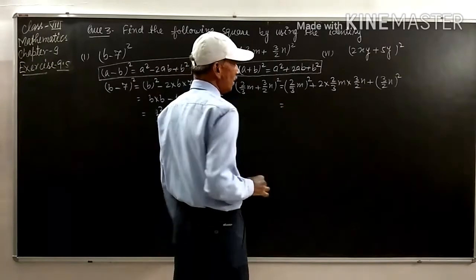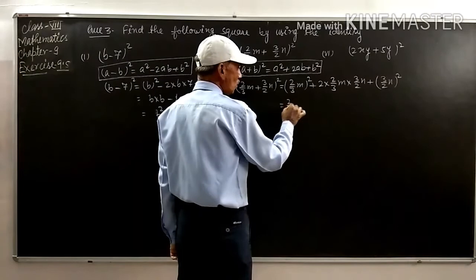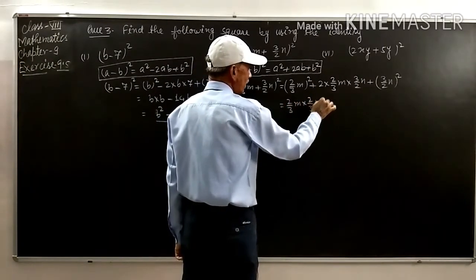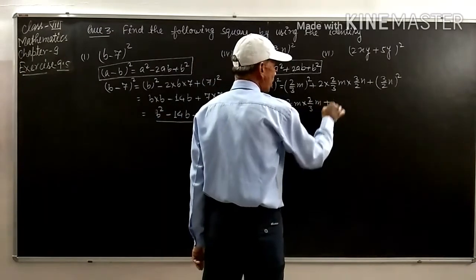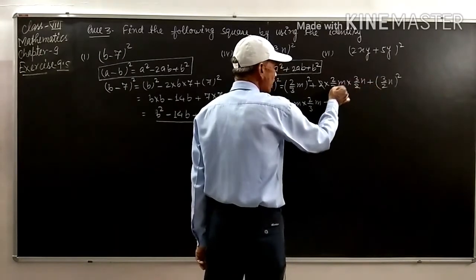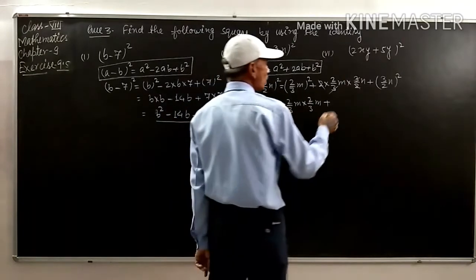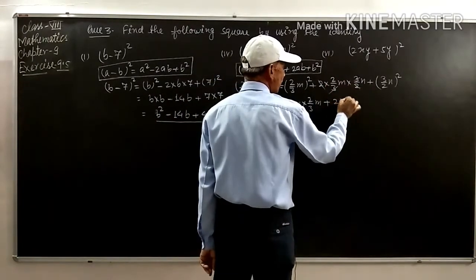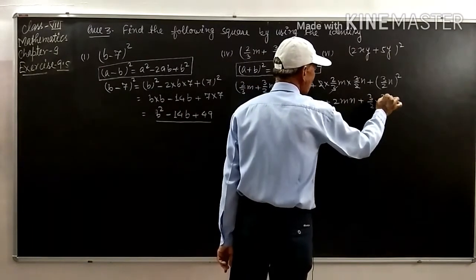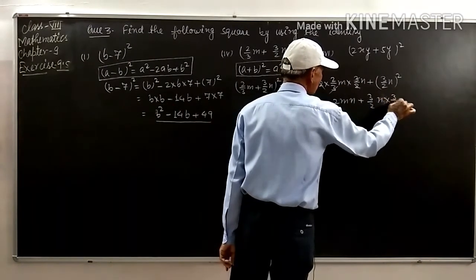So this will be 2 by 3 into 2 by 3m into 2 by 3m plus 2 and 2 cancel here, 3 and 3 cancel here. Clear student? So 2mn plus 3 by 2 into 3 by 2n into 3 by 2n,